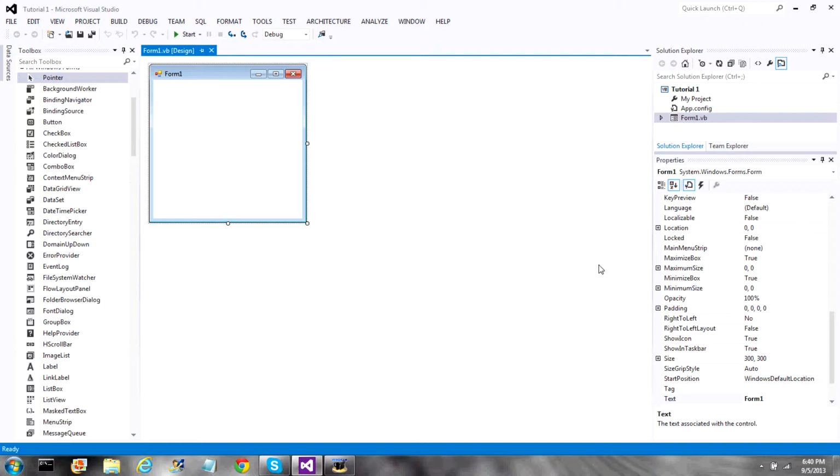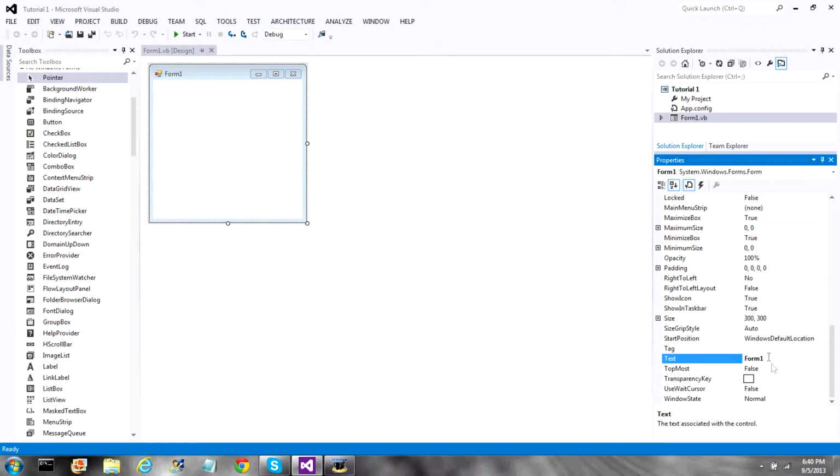So let's start out by setting a couple of properties. Select the form, go to the properties menu, and let's change the text of the form. Let's just name it Tutorial 1. Okay, go to start position and put it to center screen. Since we do not have an icon for this certain application, let's just set it to false. Let's set the maximize